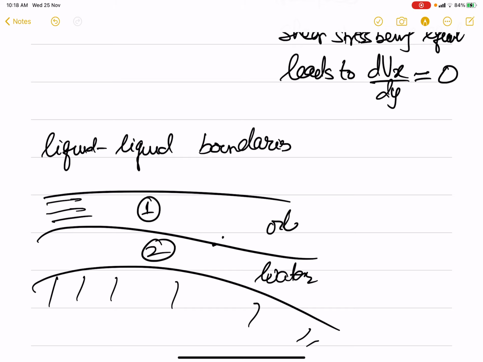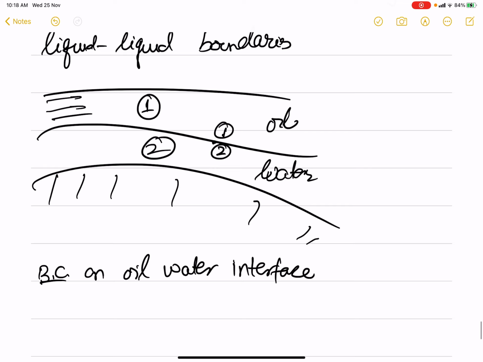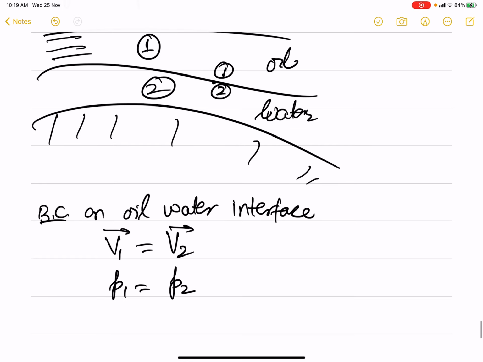Now, if this I call as 1 and this I call as 2, what are the boundary conditions on the oil-water interface? Here I am assuming that we have to solve for the velocity field for both oil and water. So the boundary conditions we will get is velocity on 1 and 2 will be equal, pressure on 1 and 2 will be equal. Now all of these are unknowns, and so this, and we will get